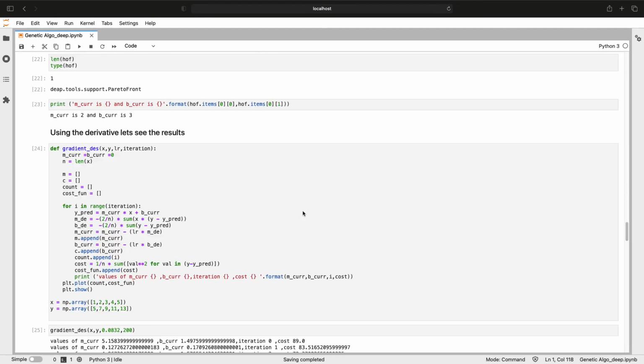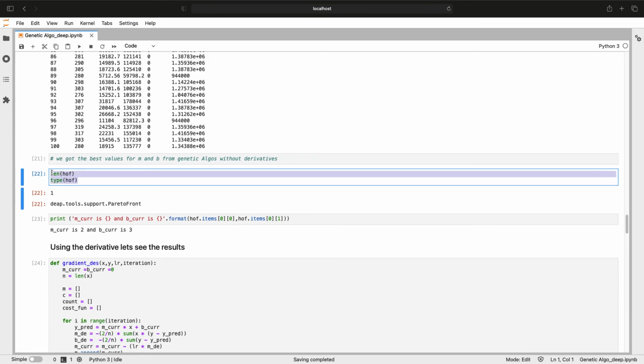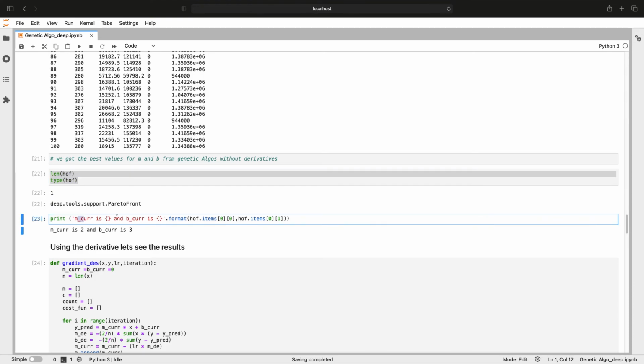So once we run it, we will have a Hall of Fame, which will be saving all the good results. If I see the Hall of Fame length is 1, so it has only saved one result, but in your case it can save multiple results as well. Okay, so if I print the first value of Hall of Fame, it is showing 2, and the second value of Hall of Fame, it is showing 3.